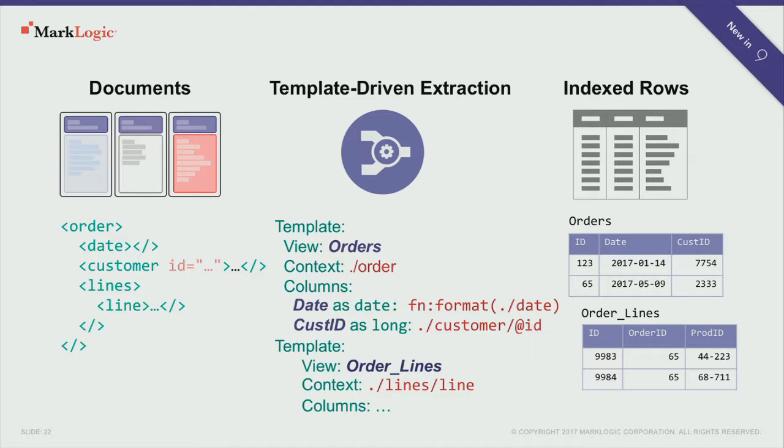And we can say this part of this document, I want to index as these columns in this view. This other part of this document, I want to index as a completely separate view. And I can join those at runtime. And again, these are all happening at index time. So I'm not changing my document data or the triples to represent relational views. I'm doing this all through this projection that happens at index time. So I get my tables for free while still maintaining the richness of my document data.